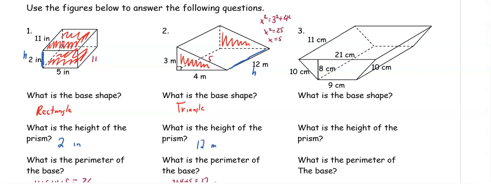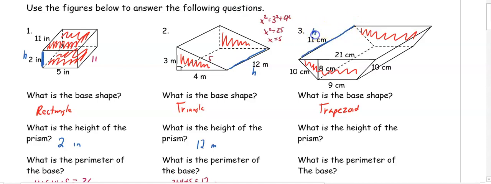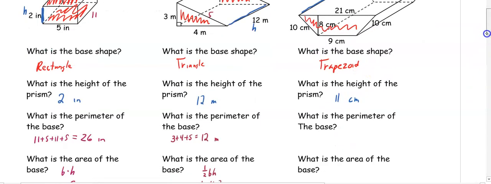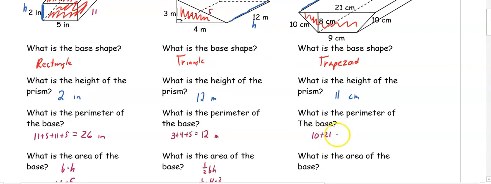In number 3, if we look at our shape, our base is going to be a trapezoid. So we have the trapezoid that's in the front up here and in the back. So our base is a trapezoid. The height of the prism, remember, is the distance between the two bases. So our height would be 11 centimeters. For our perimeter, it's an isosceles trapezoid that has the sides of 10, 21, 10, and 9. So our perimeter would be 10 plus 21 plus 10 plus 9, which would get us 50